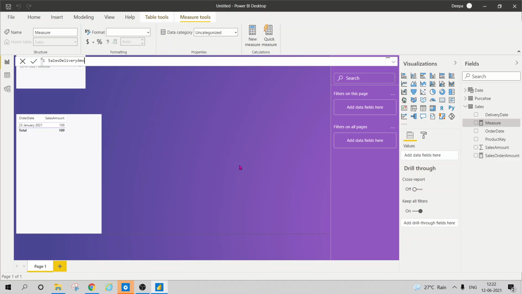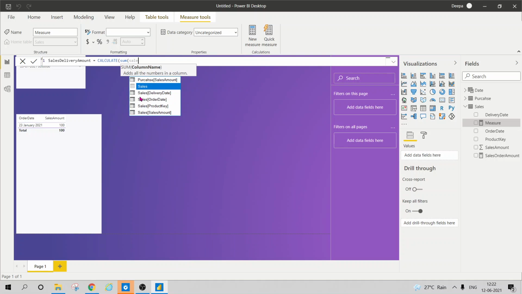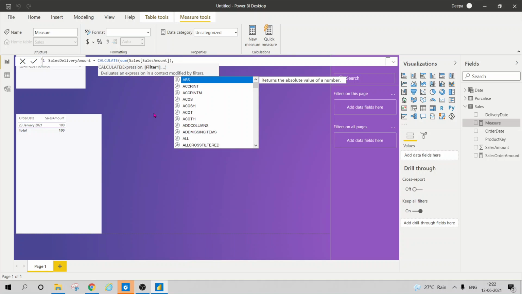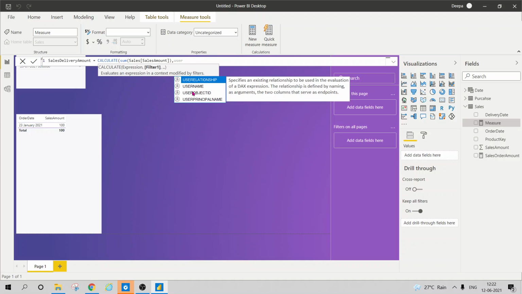For the sales delivery amount, since the relationship is inactive, he should use USERELATIONSHIP. So he should write CALCULATE, then it asks for an expression. The expression would be the sum of sales amount, and then you should write a filter. You should write specifically which relationship you want to use.